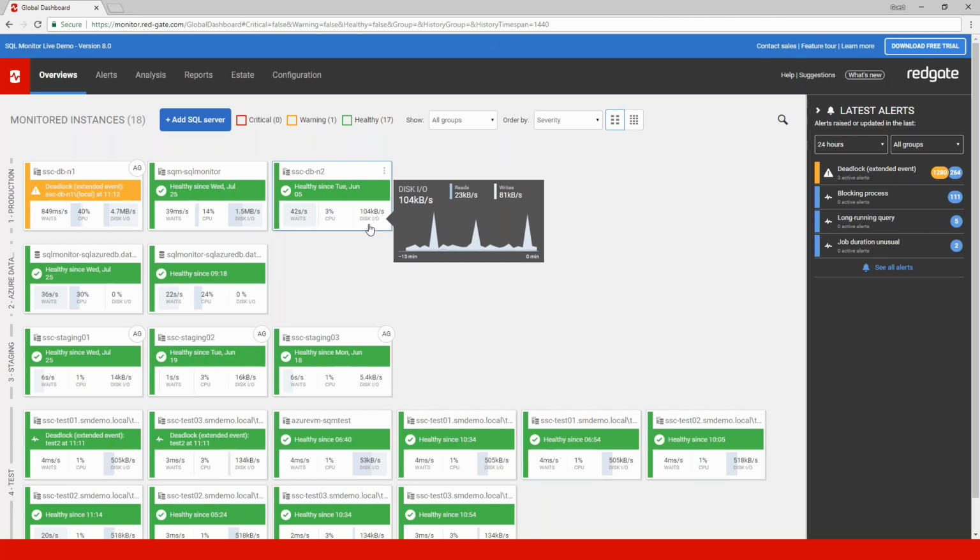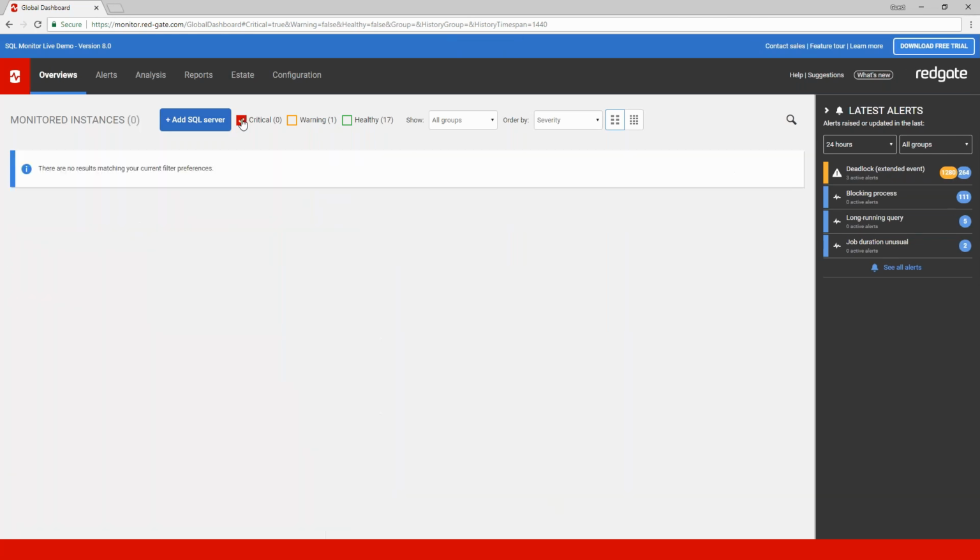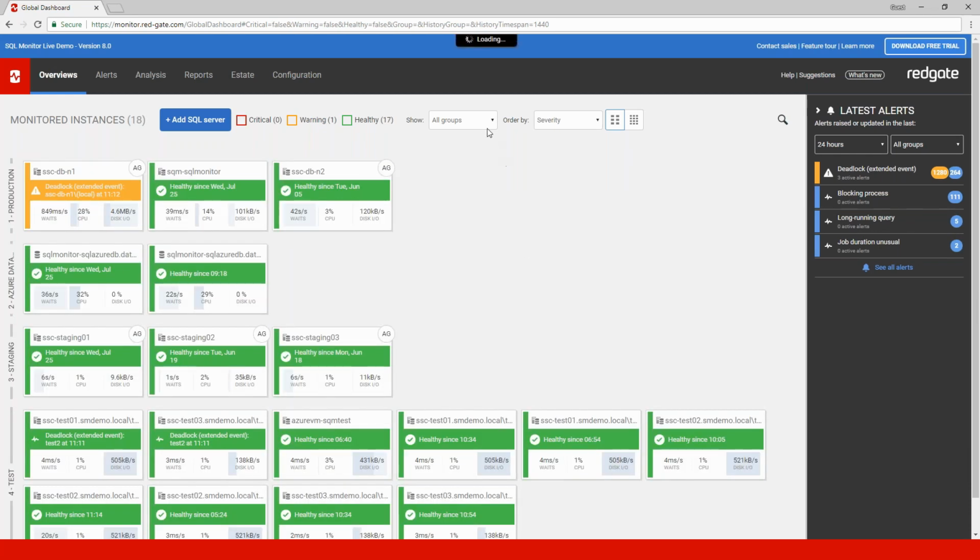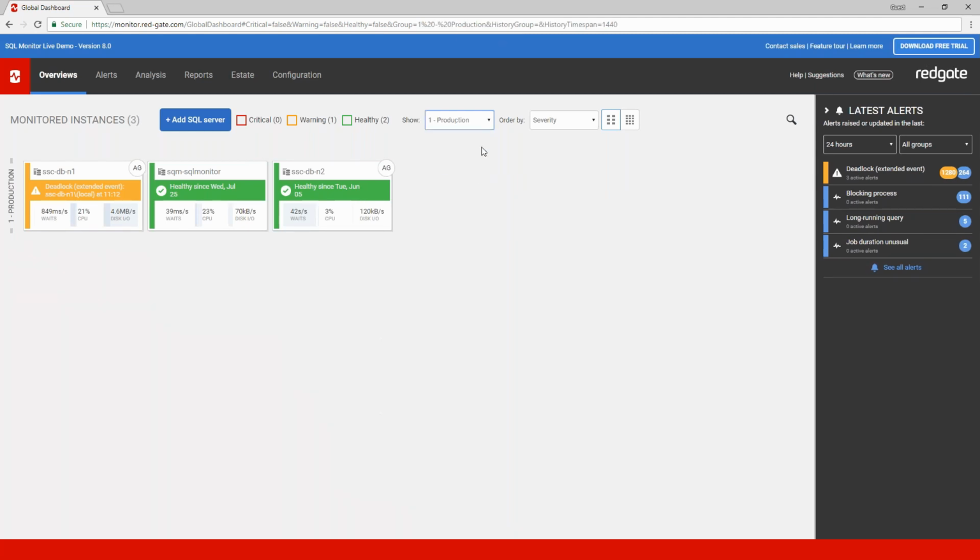And you can see as you hover over any of those categories, you get a nice little interactive graph here showing you that representation. You can also, of course, really modify this view here based on alert type. So if I wanted to see everything that was going on in my environment, thankfully nothing critical here. But you can, of course, just with a simple checkbox, be able to see that view. You can also, of course, segregate that view based on environment. So, of course, if I'm just concerned with production, just a simple selection here to show me everything within that